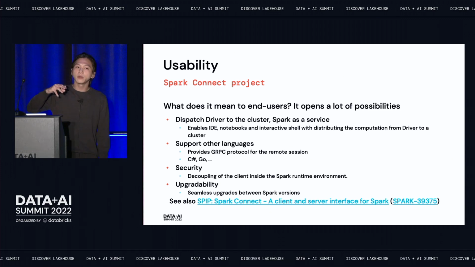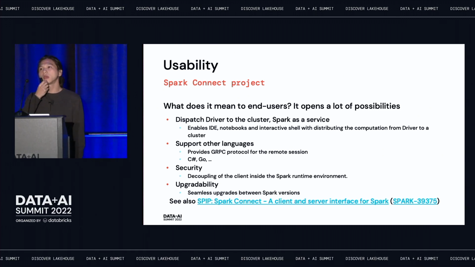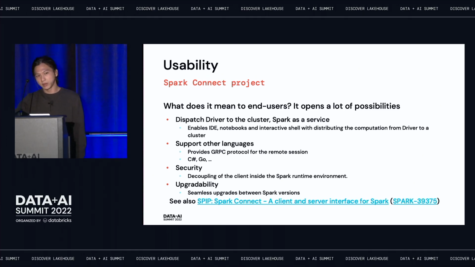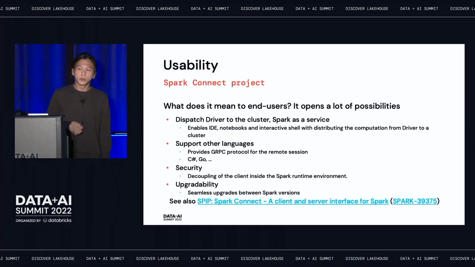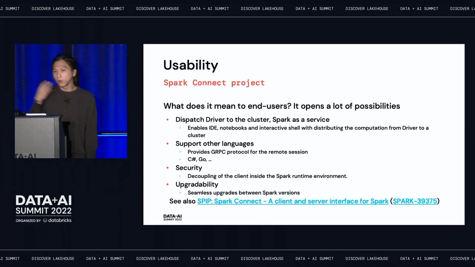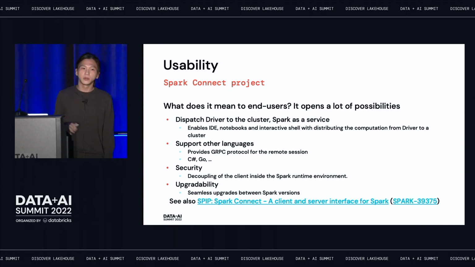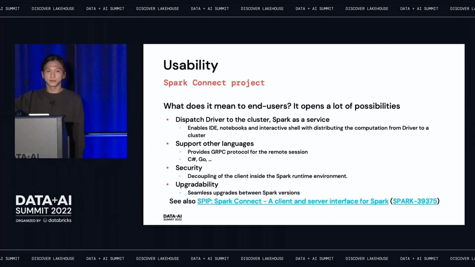Currently in Spark driver, when you run that, the users can run arbitrary code, right? They are able to access anything on the computer. But with this remote API, the users are forced to only use PySpark, the DataFrame API only. Separation is very important. There's no way to do other stuff. This is very important too.